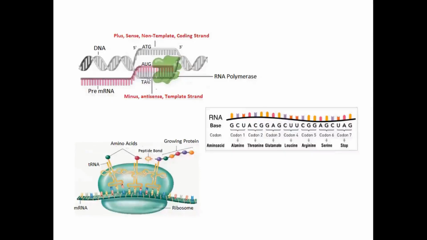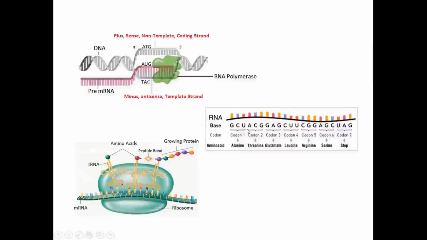Why? Because when mRNA is formed, it will form the complementary base to what is there in the template strand. So this will be similar to the sequence that is there in the coding strand. So this is called the antisense strand, and this is called the sense strand. So this is the mRNA formed from transcription. Here you see uracil instead of thymine. Uracil is represented by the single letter code U.